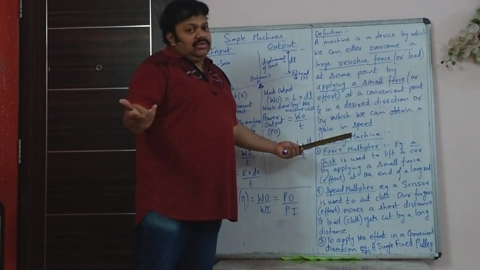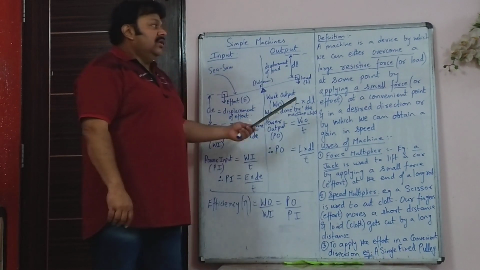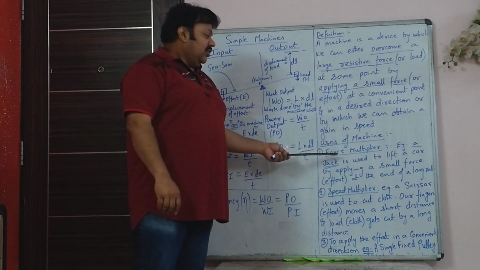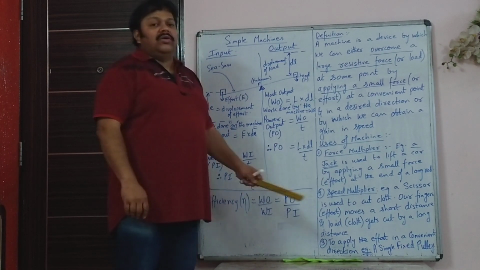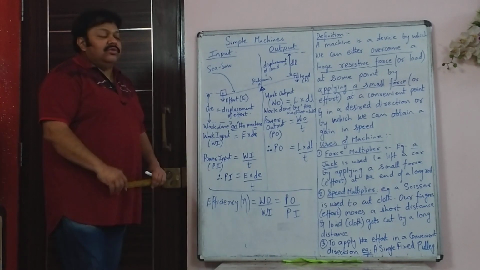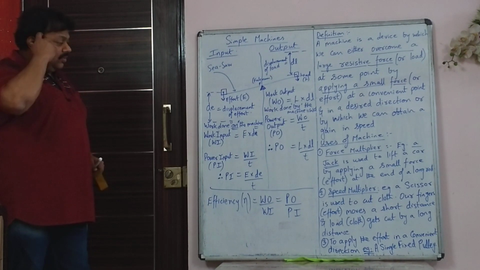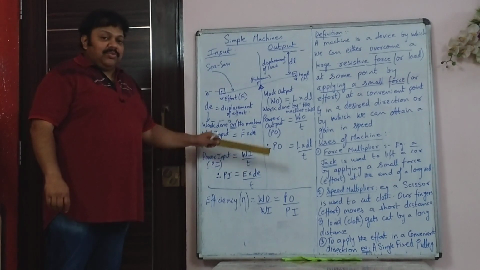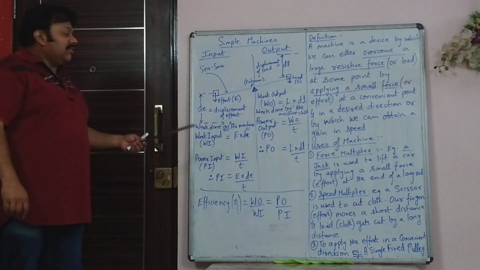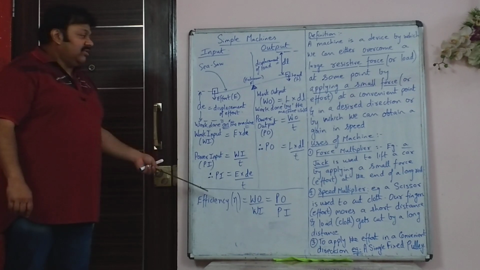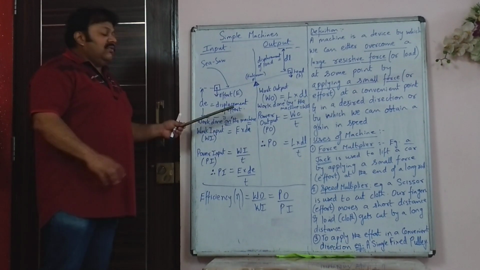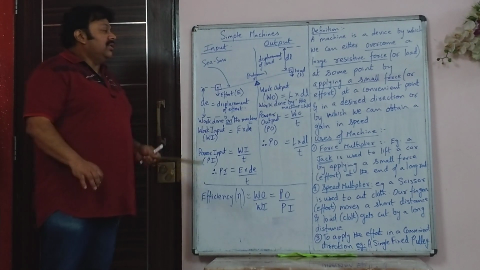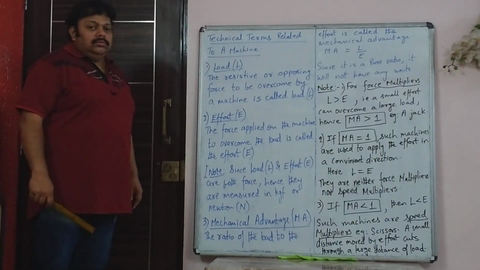Sometimes they ask just for 2 marks, what is a machine, or give 2 uses of a machine: force multiplier, speed multiplier, or to change the direction. Write all this in your notebooks. All these terms associated with machine are important. So now we will see the definitions of some of these terms, whose formulae we have already seen in the example of a simple seesaw.